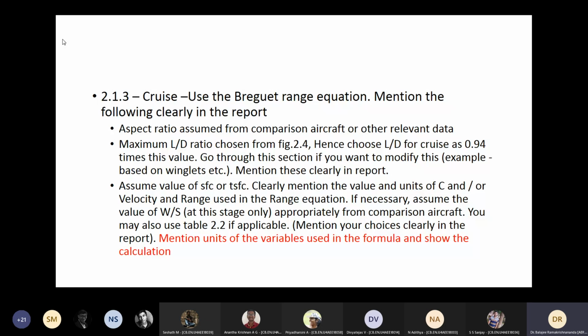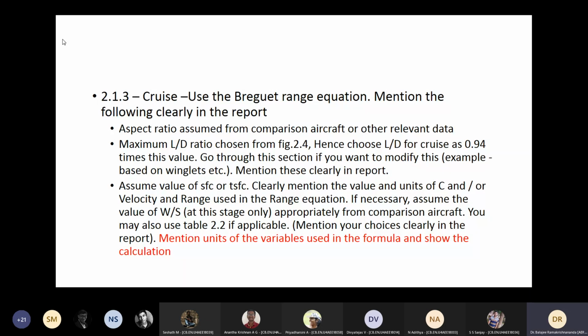So the following should be clearly mentioned in the report. I am telling this because if you do this, you will learn something, okay, and also demonstrate that you haven't made any mistake in this choice. This is a commonly made mistake. That is why I am going through so much pain to tell you where you'll go wrong. What is marked in red is where